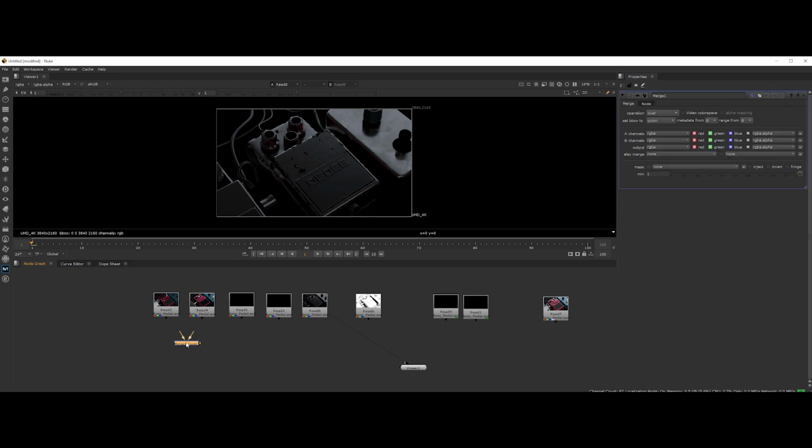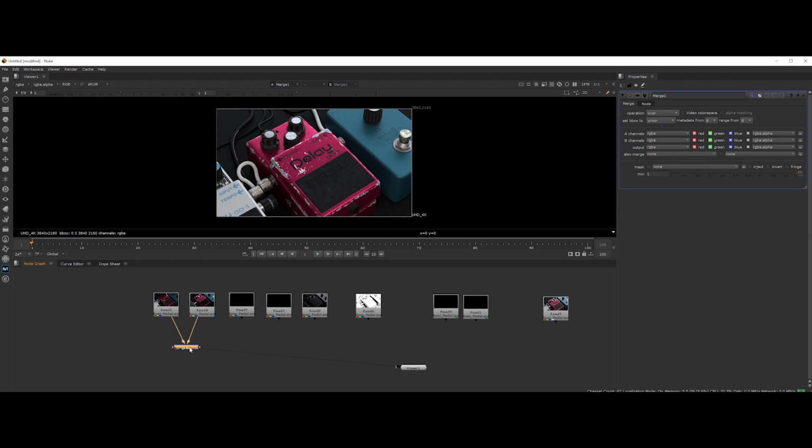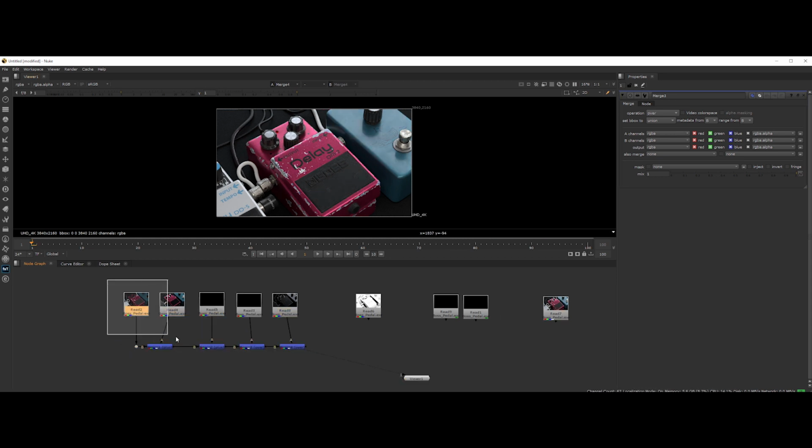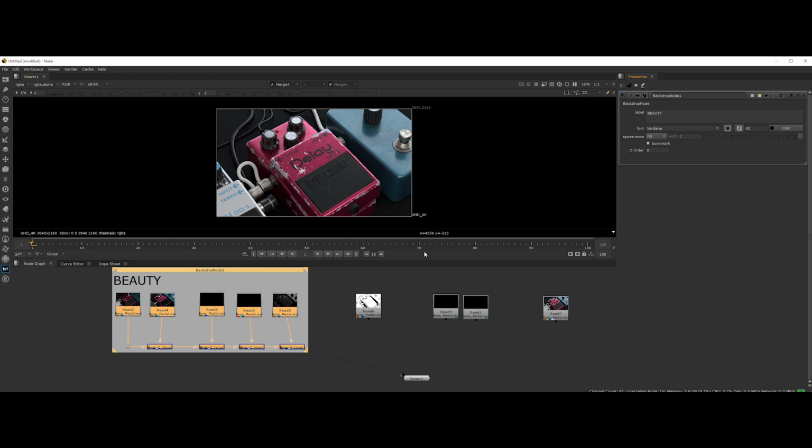We've got two input pipes, A and B. B will always be your background image and A your foreground image. So B to A. Let's plug it like that. Then by clicking onto the node and going to the Properties panel, switch the operation to plus. Then do the same thing to the remaining passes. Boom, done. As in After Effects, we've got the same result as the beauty pass. Let's clean up the comp a bit. You can create a backdrop to label parts of your compositing.